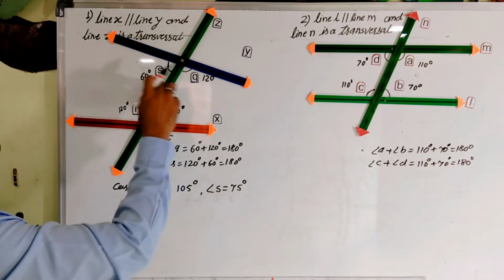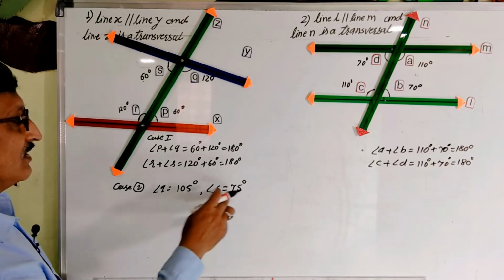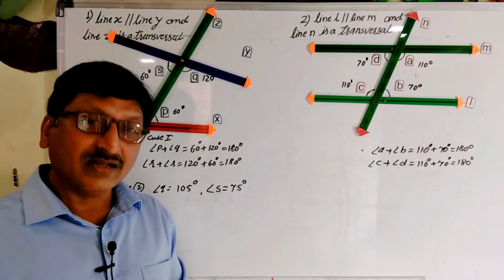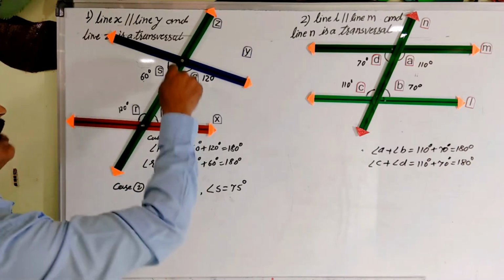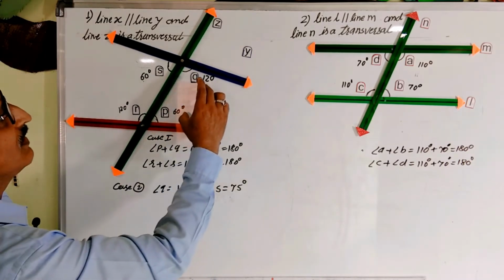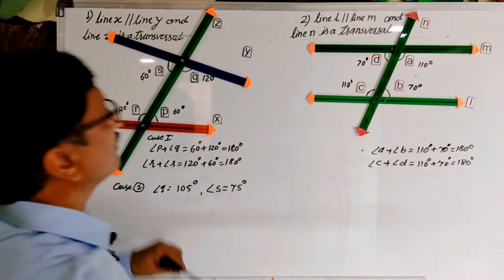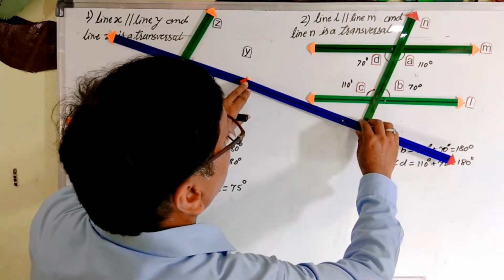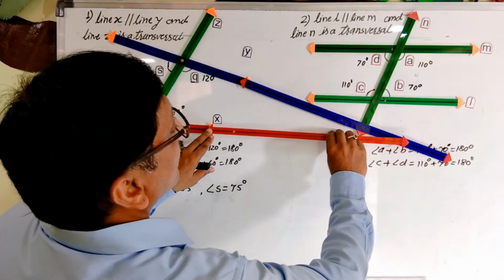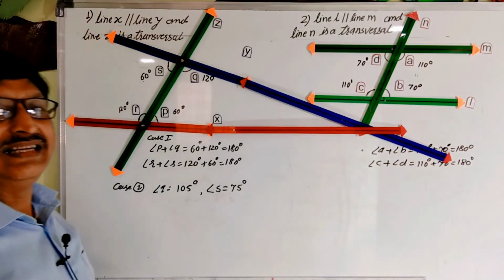Because these are a linear pair, the sum of these two linear pair angles is always 180 degrees. See, the sum of these two angles is 180 degrees. But what happens whenever such a reduction happens here? Suppose I extend this ray toward the side where these angles are reduced. See, this is the extended ray. Similarly, I extend this other ray. What will happen here? These two rays will intersect with each other.